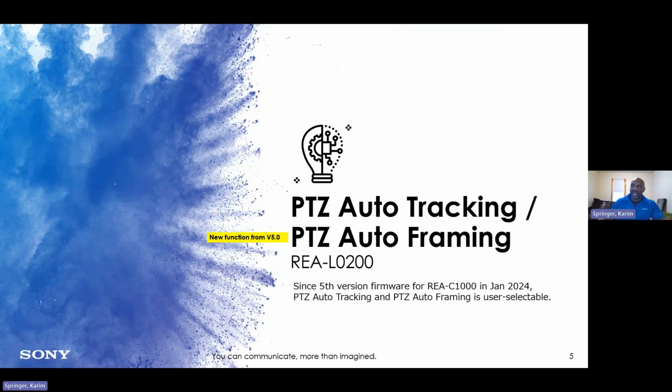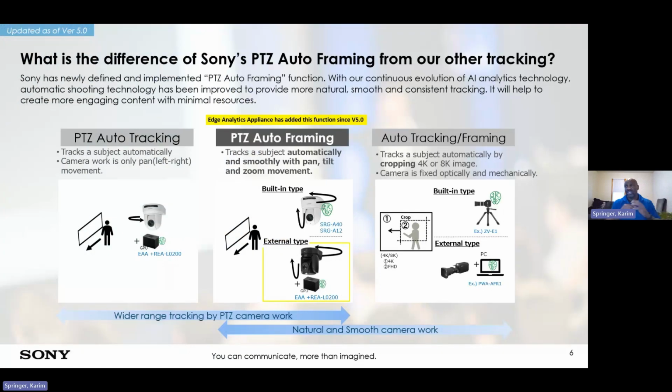In version 5.0, we now added the ability of doing PTZ auto framing. Looking at the two applications, it's important to understand the big difference between PTZ auto tracking and auto framing. In the earlier days, versions 1 through 4 of the Edge Analytics box, we supported auto tracking, which supported a pan movement of the camera. However,